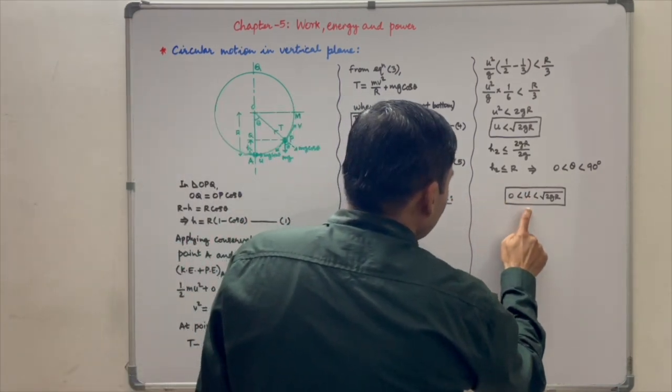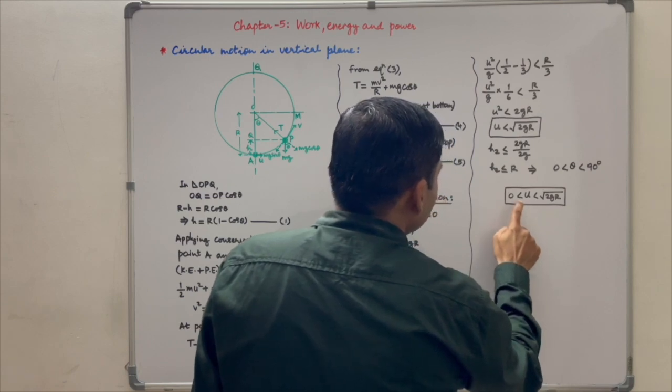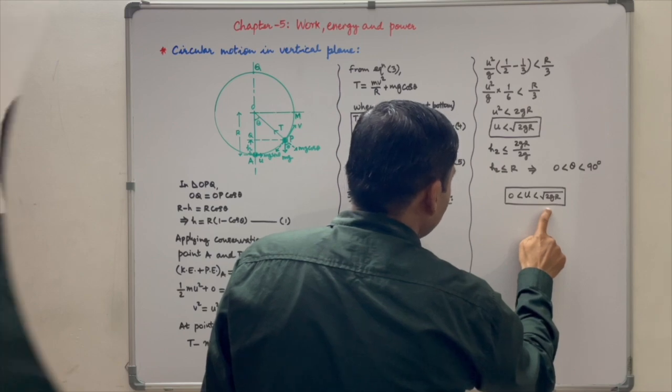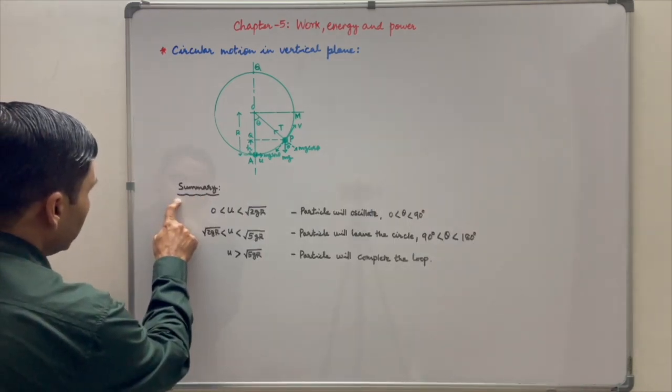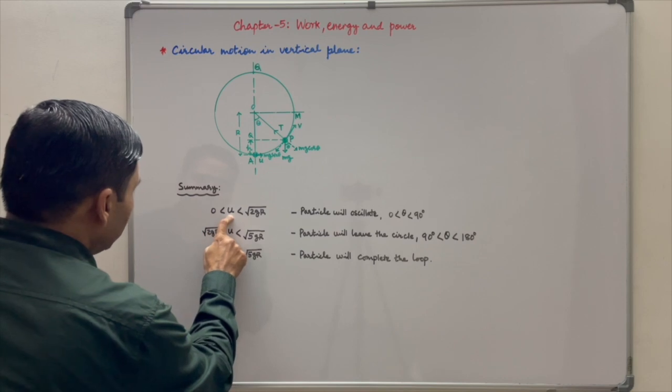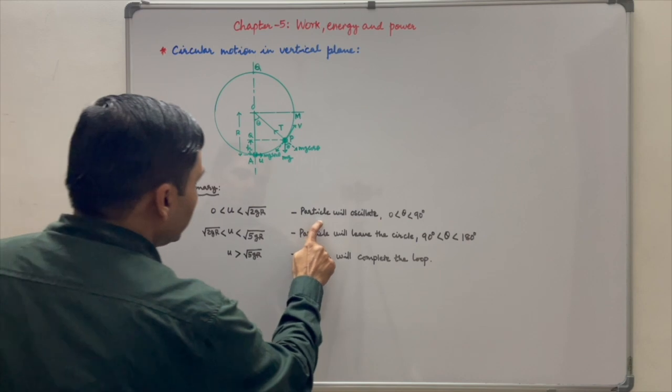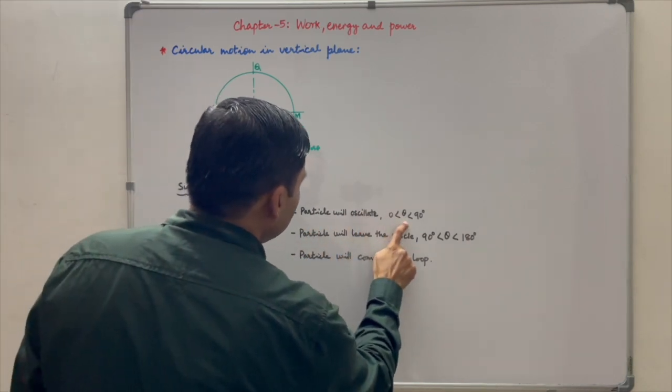So if initial velocity given to the particle lies between 0 to under root 2gr, particle will oscillate. Let us summarize our learning. If initial velocity given to the particle lies between 0 to under root 2gr, particle will oscillate between theta 0